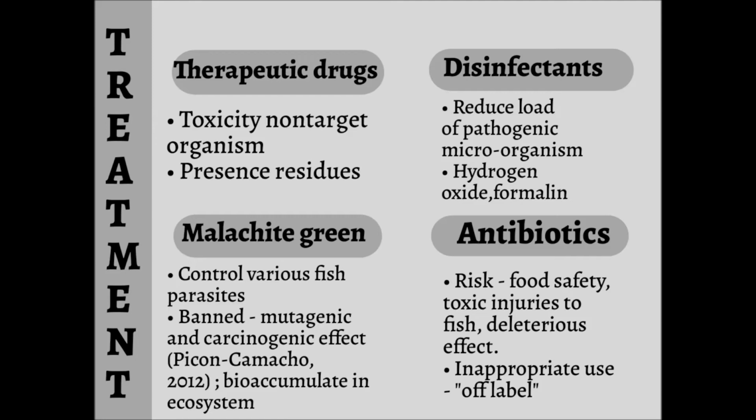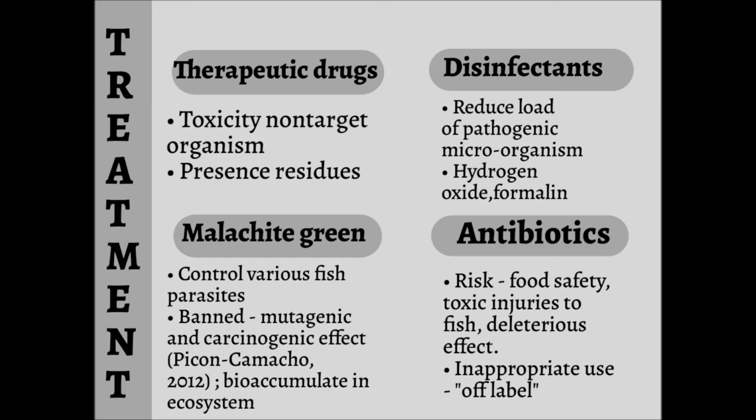Nonetheless, producers have made use of highly toxic substances, including molecules that have not been registered for treating fish disease, which is worrying. They are used to reduce the load of pathogenic microorganisms on the biological surface of aquatic organisms, and their use on fish is associated with broad spectrum, fast acting, and low cost characteristics. The best known substances are hydrogen peroxide and formalin. Although disinfectants have low potential for bioaccumulation in the environment and in aquatic organisms, their deleterious effect on fish and on workers through direct contact with this product presents risk, thus making it uncertain whether there is a future for